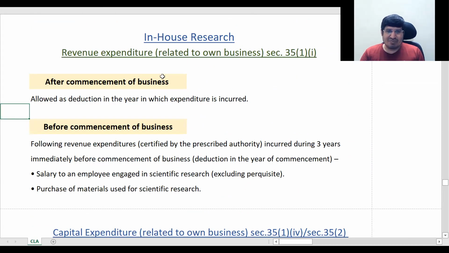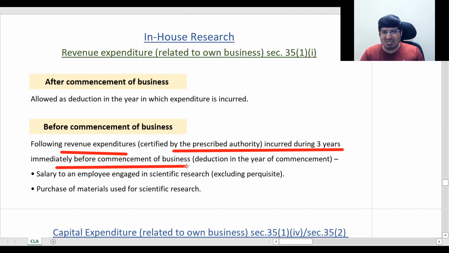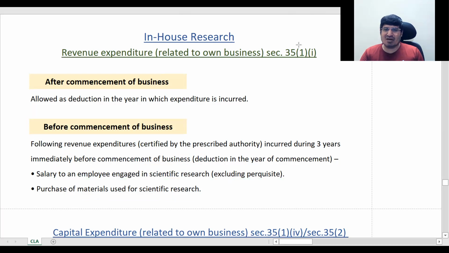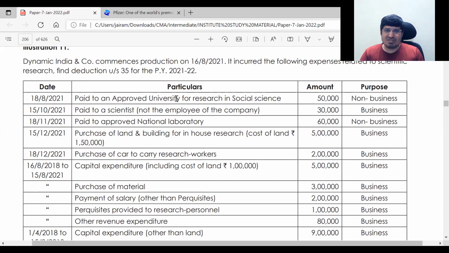नहीं, sorry, revenue expenditure, ठीक है, you have to go to revenue expenditure, okay, revenue expenditure before commencement of business, अब देखिए क्या क्या होता है, यही ये पैरा में you'll get it, following revenue expenditures certified by prescribed authority incurred during 3 years before the commencement of business will get deduction in the year of commencement, क्या क्या मिलेगा आपको, किस किस का मिलेगा, we get for material and labor, मैंने बोला भी था आपको, salary to an employee engaged in scientific research excluding perquisite, so material and labor you will get, perquisite you will not get, ठीक है, only material and labor, other revenue expenditure भी जो बोला है वो भी नहीं मिलेगा, okay, understood, so इसमें आ गए वापस,